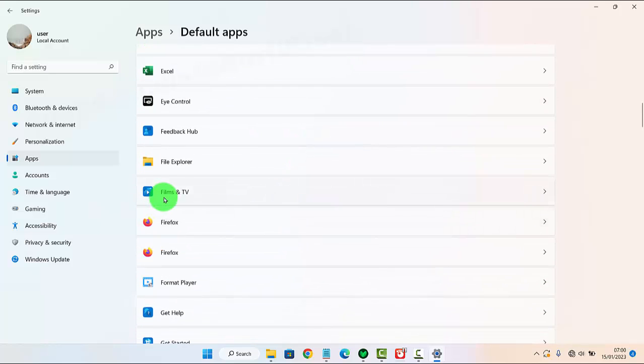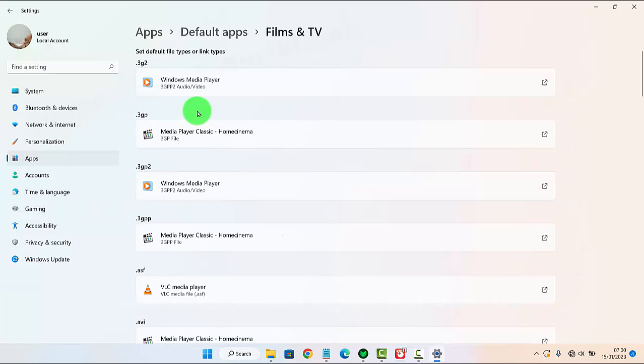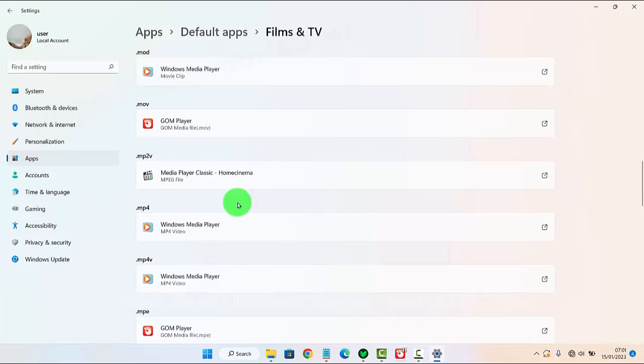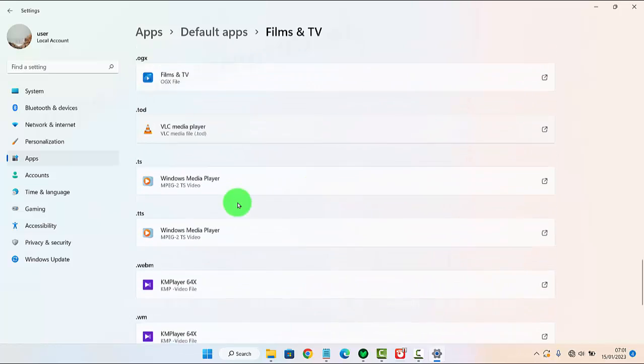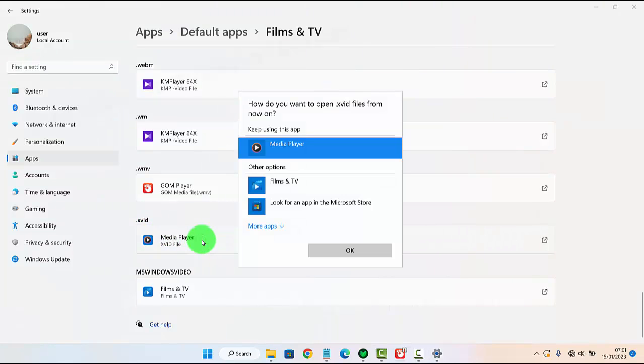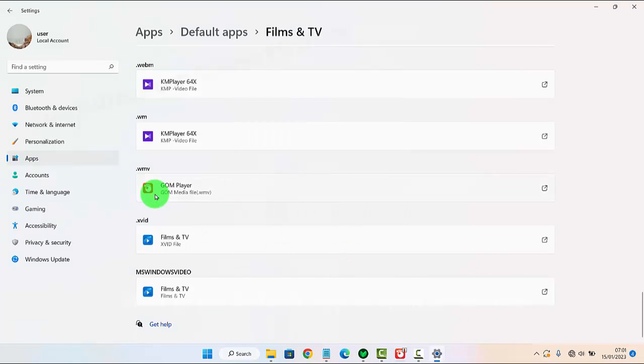And then tap Films and TV. Scroll down the screen, find .xvid. Next tap .xvid default app, and then select the app you want to set as default to open .xvid files, for example, Films and TV, and then tap OK. Now, Films and TV is set as the default app to